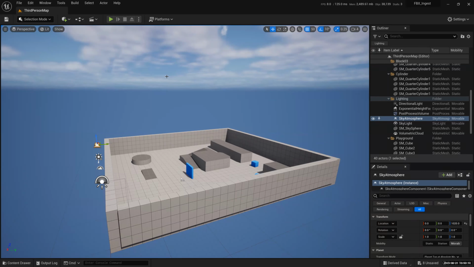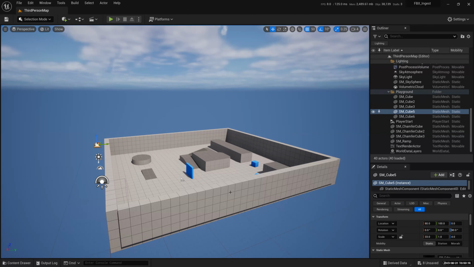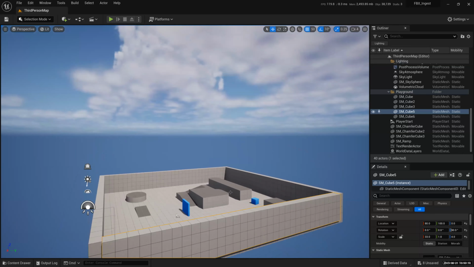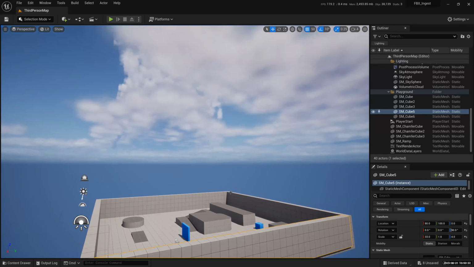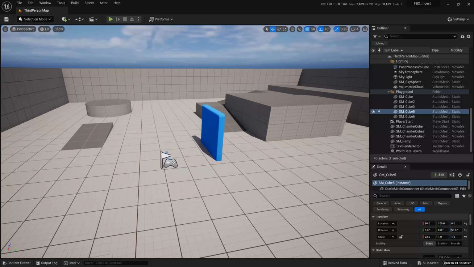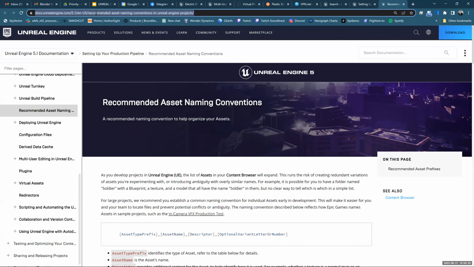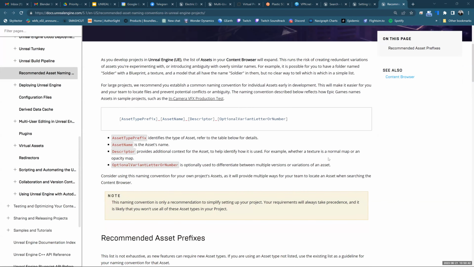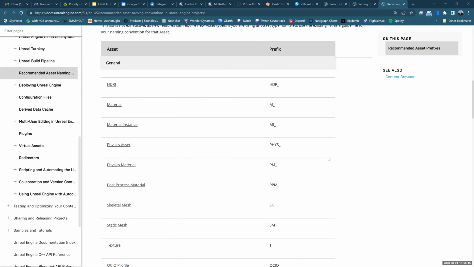Okay, naming conventions. From now on, if you are working in Unreal Engine, I want you to understand how naming conventions work in Unreal Engine. Very important, because once I start bringing in some FBX files, you will see that some use some sort of naming convention. Let me highlight how we work in Unreal Engine and the naming convention that we use. This is again another perfect documentation by Unreal and Epic. I'm going to paste it there as well. So when you start importing your FBX and all that stuff, that's the naming convention that we use. We are not talking about materials yet; we're talking about materials on Monday.